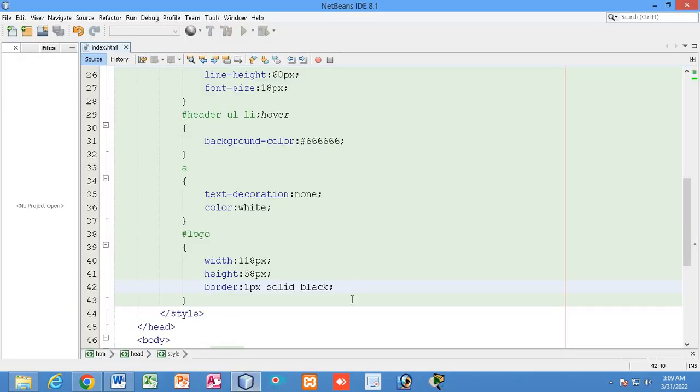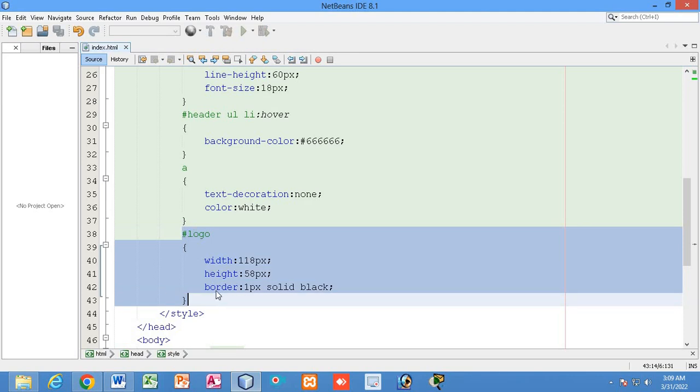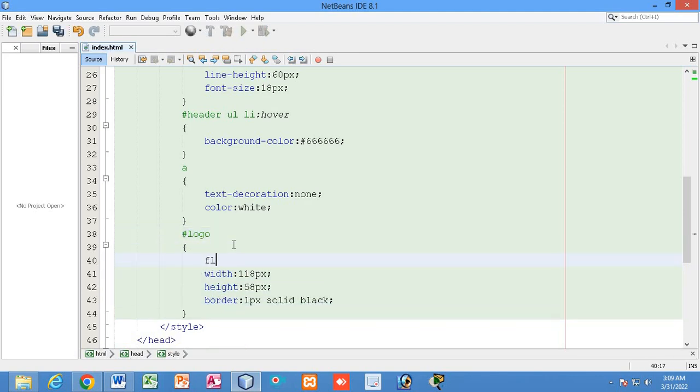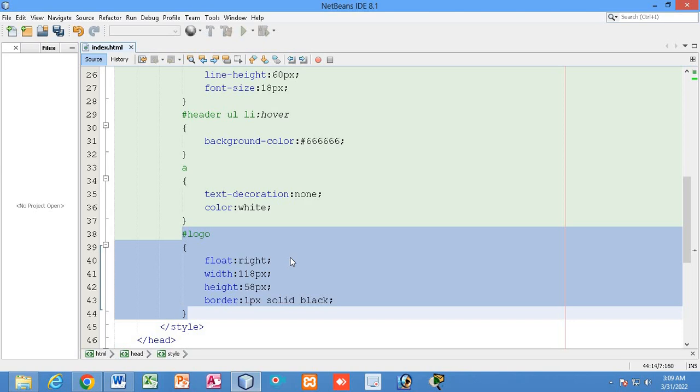How to do that? Simple code I will write here. So for the logo div I will write here float right. So now I have given instruction that you should float at right, and also you need to change the property from the inline block element to inline element. Now you are not going to be an inline block element anymore. Now you are simply going to be an inline element, and you should float at the right side, right?